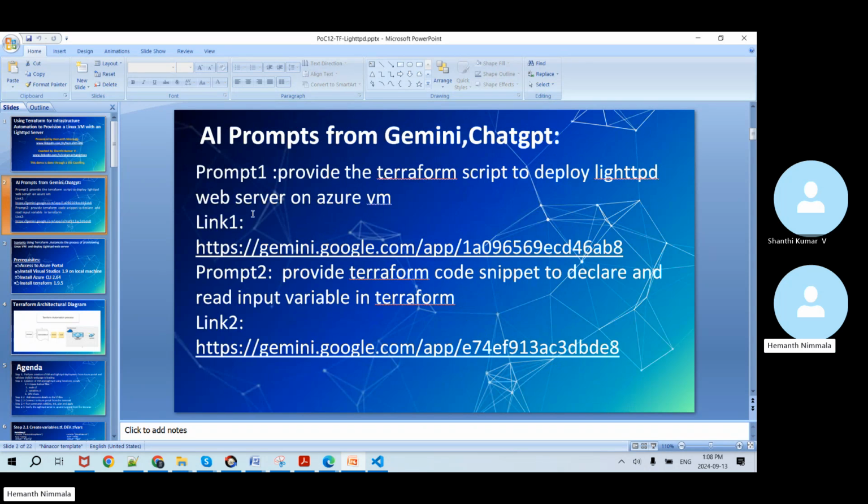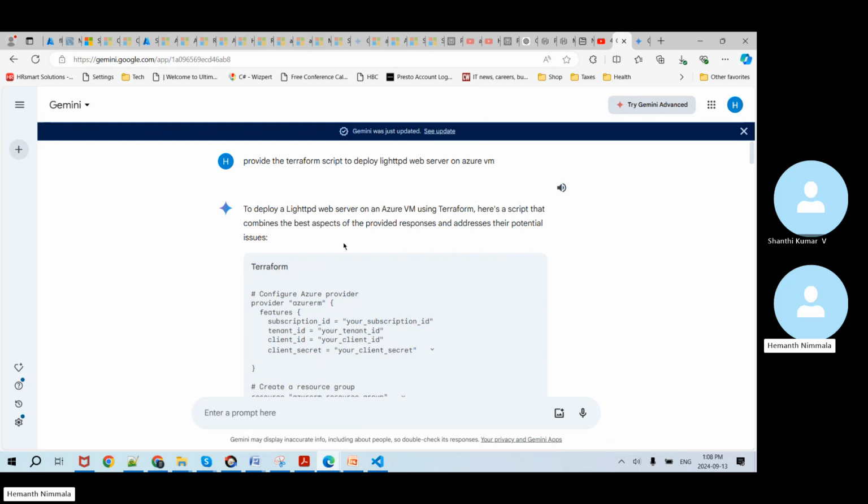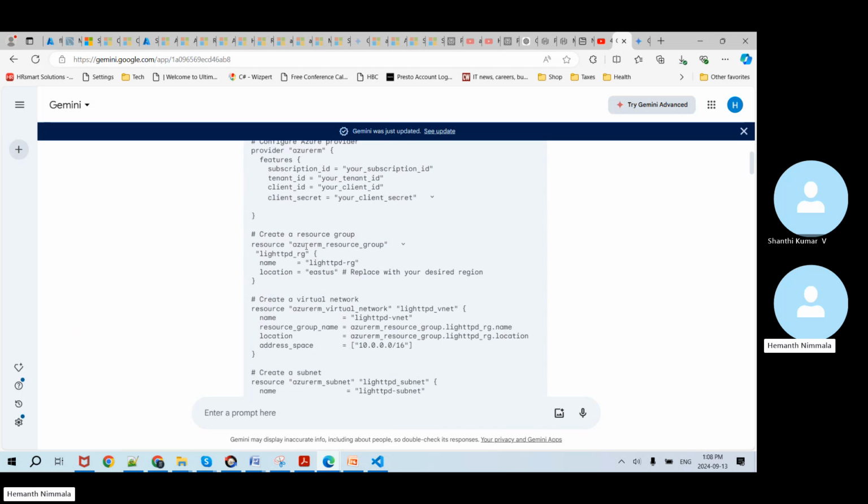So as part of this demo, I have used AI tools like Gemini and ChatGPT to provide some code snippets to start off with. So we look at a couple of them here. So here I asked to provide a script to deploy Lighttpd server on Azure VM. So I have used this code snippet to start scripting some Terraform scripts that will be used as part of